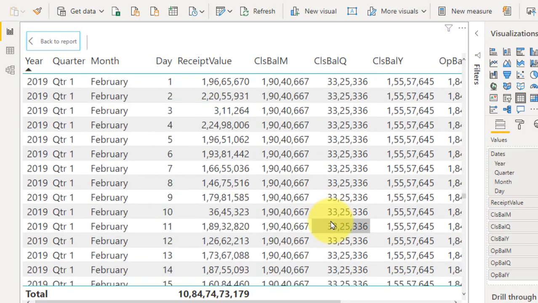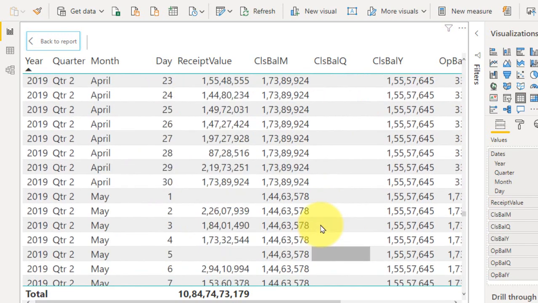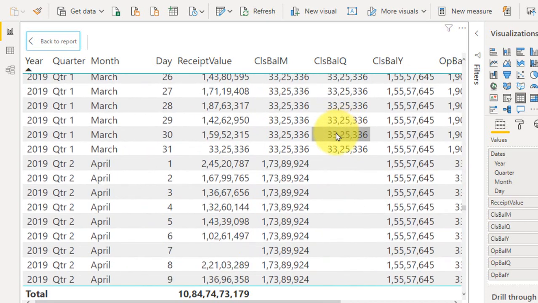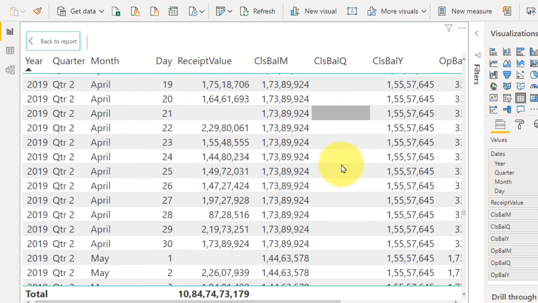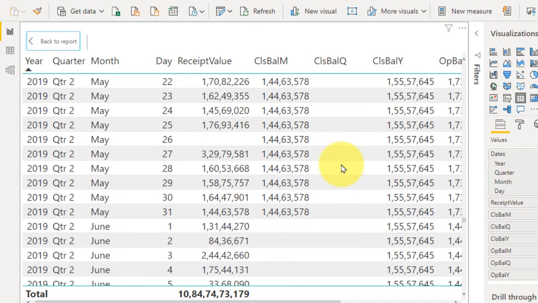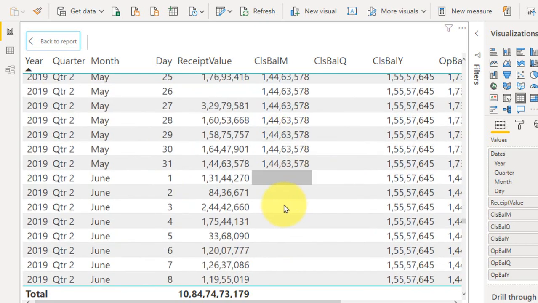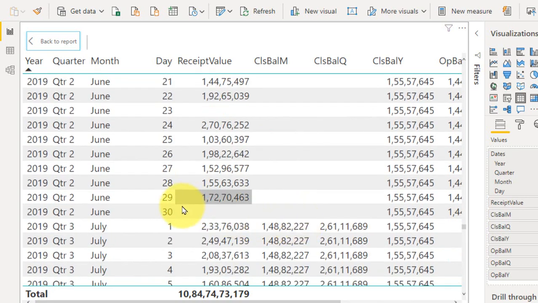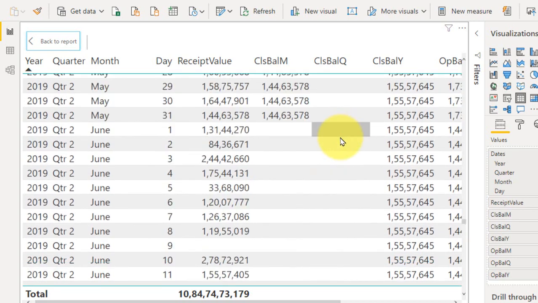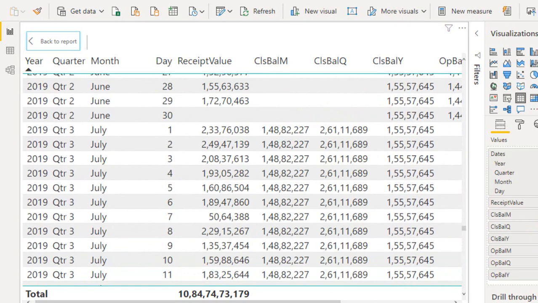In the same way, we have value for 2019 as well, so it is showing it here. If you look at this now, it is not showing on the quarter, because the second quarter, April, May, and June, we don't have the end date, so month also is empty here. We don't have transaction on end of the May. That is 30th May, it is blank, so it is showing blank for the June month here and the quarter 2 as well. Now let's have a look at the opening value.